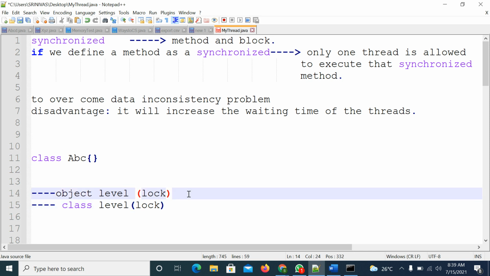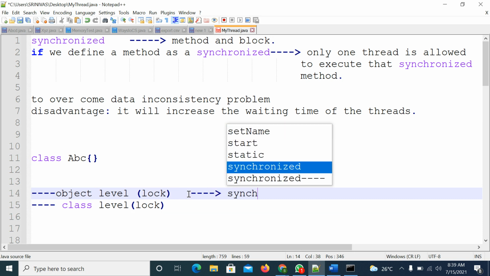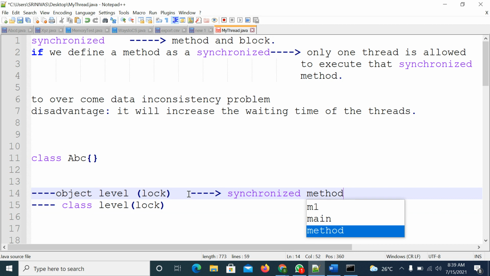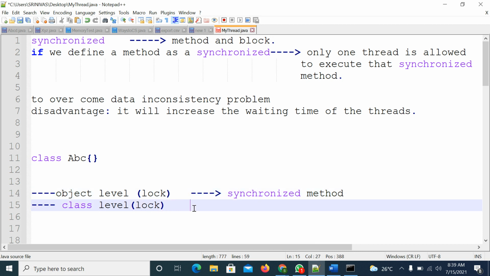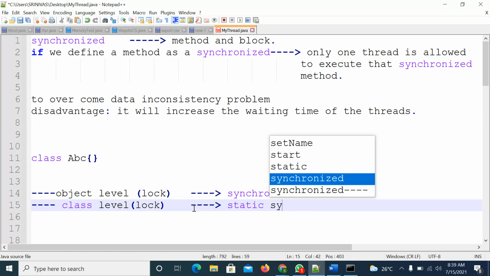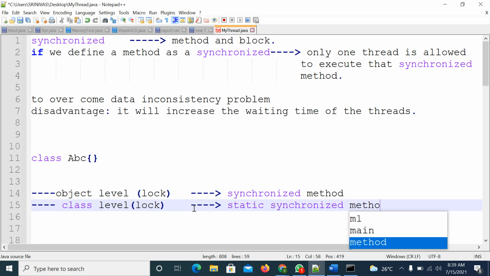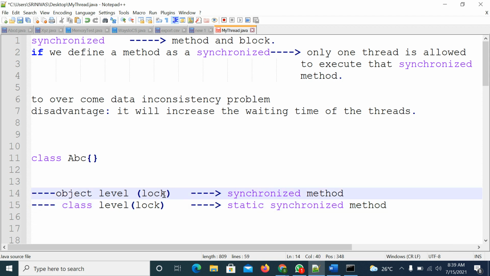In the object level case, we will discuss synchronized methods. In the class level case, we will discuss static synchronized methods. Maybe blocks also, right? So a static synchronized block and an instance synchronized block, right?